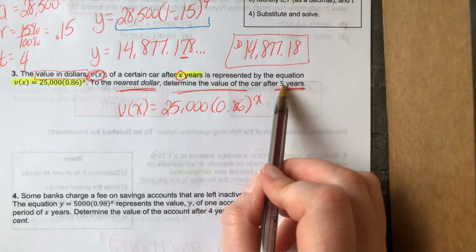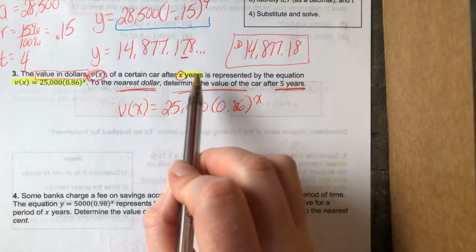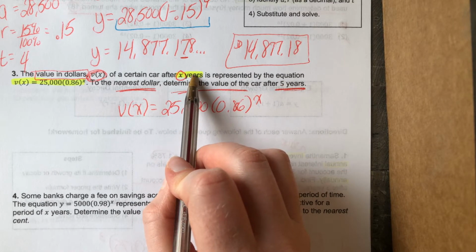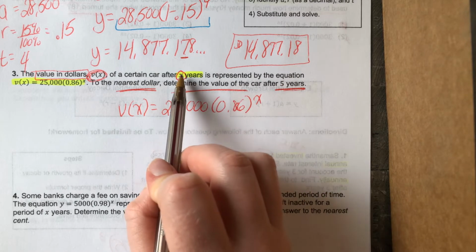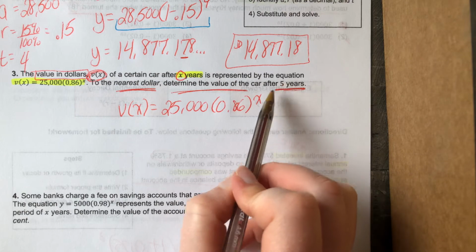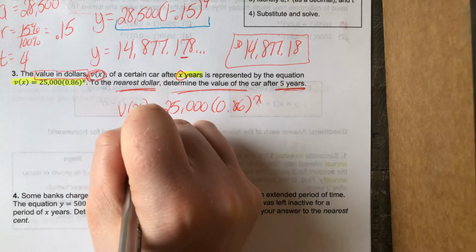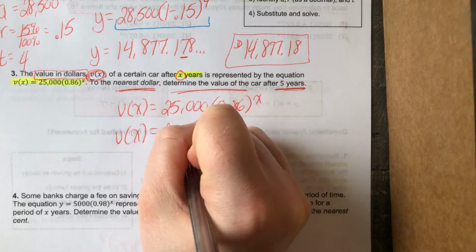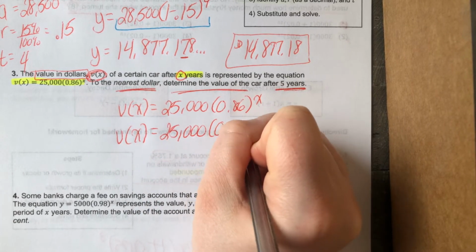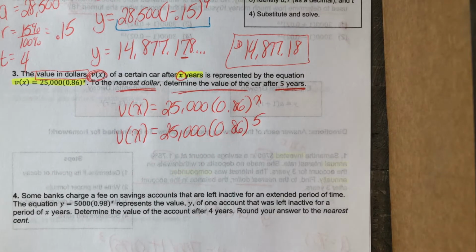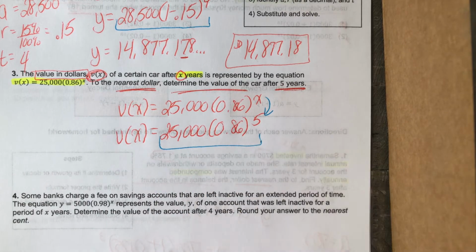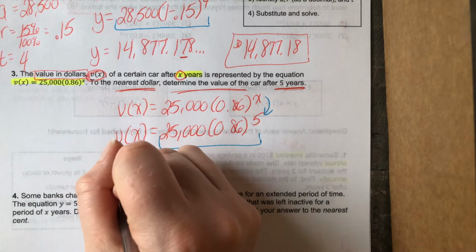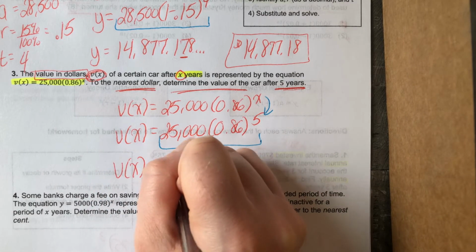I want to know after 5 years what's happening here. And I know that x represents years. And x is the only variable I can plug in for. So instead of writing x years, I'm going to replace it with 5 years. All right, instead of writing x, I'm replacing it with the number 5. So again, I'm going to just take this whole thing, type it into my Calculator X app, and I should be getting originally